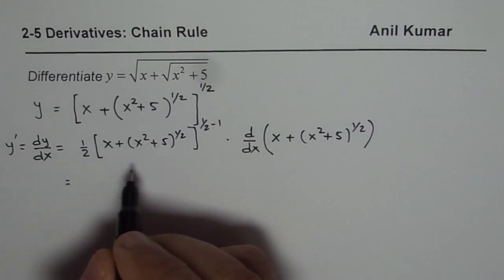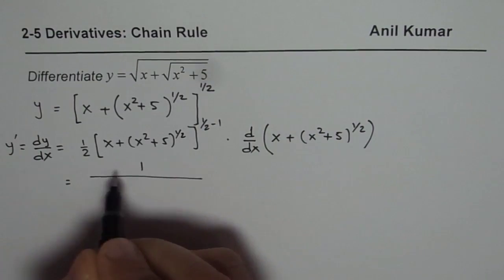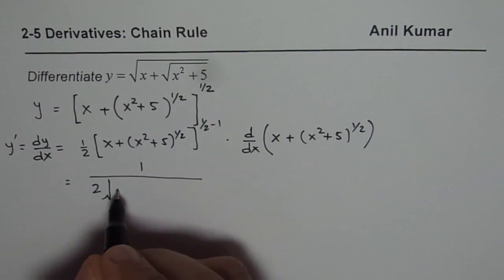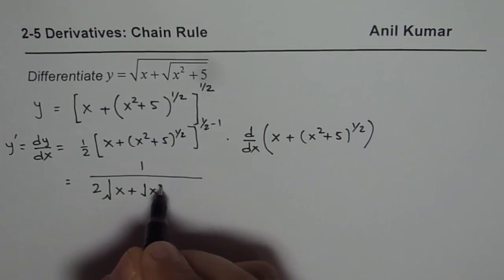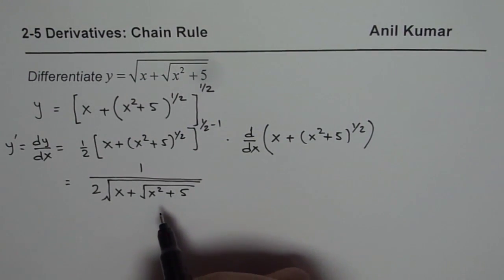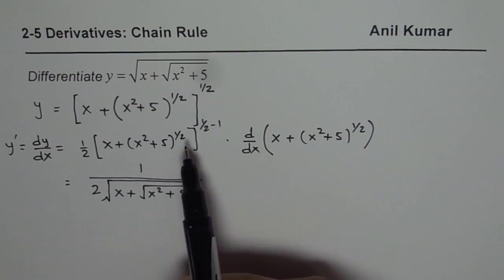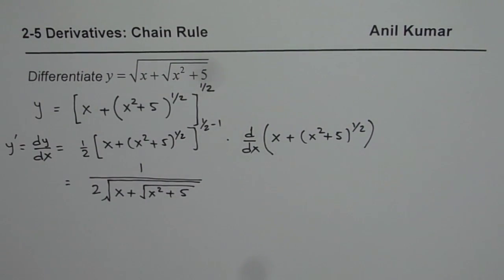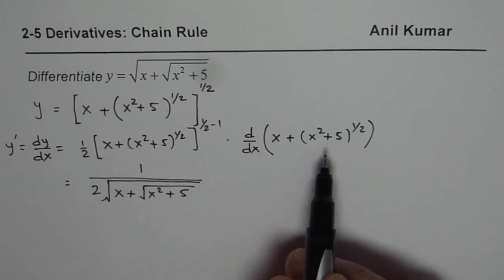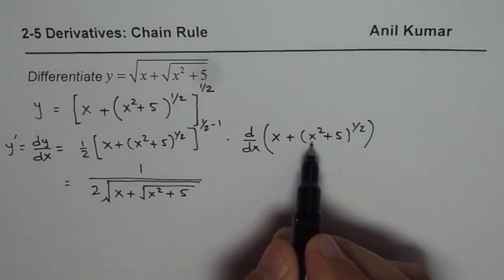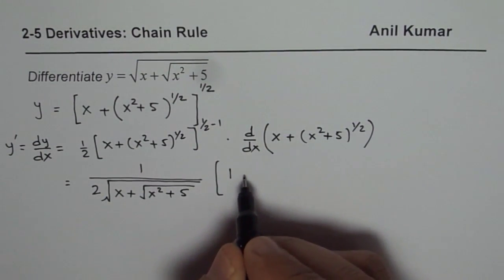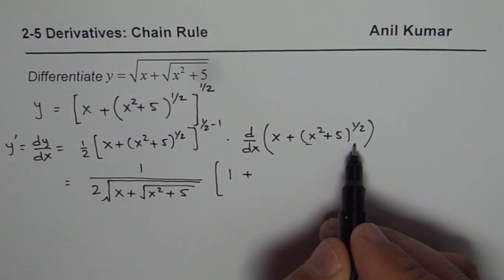So this we could write as 1 over 2, and all this is the original function. So we'll write original function, which is x plus square root of x squared plus 5. So in my solution, what you will see is that we will conveniently change from exponent to radical form, right? Now derivative of this function, you could use the sum of derivatives. So derivative of x plus derivative of all this. So we could write this as derivative of x is 1, right, plus derivative of inside function, which is half of